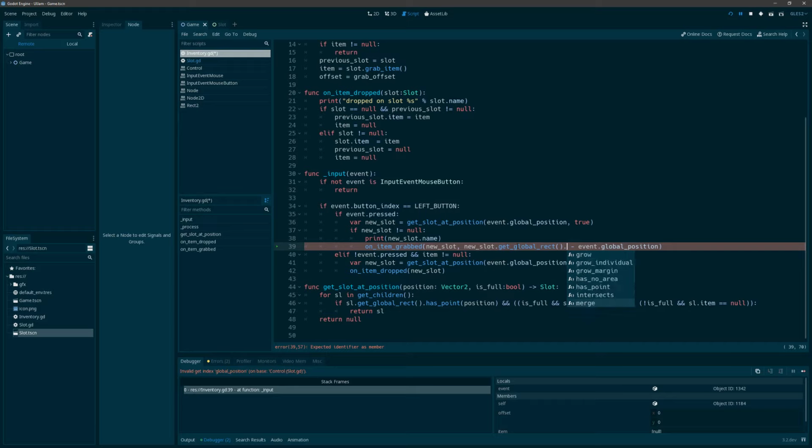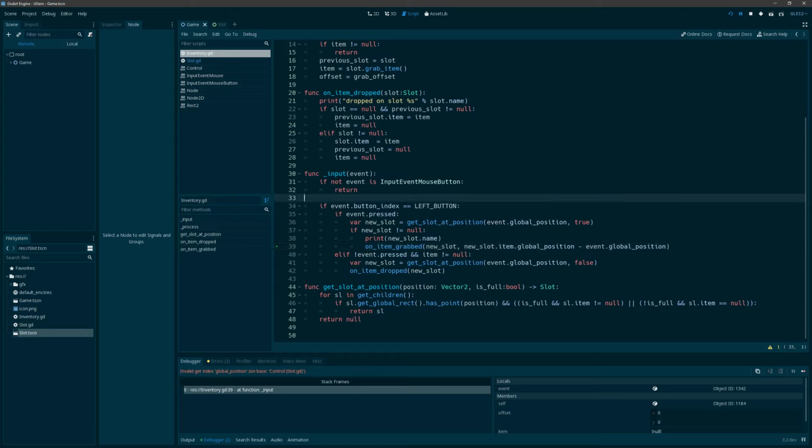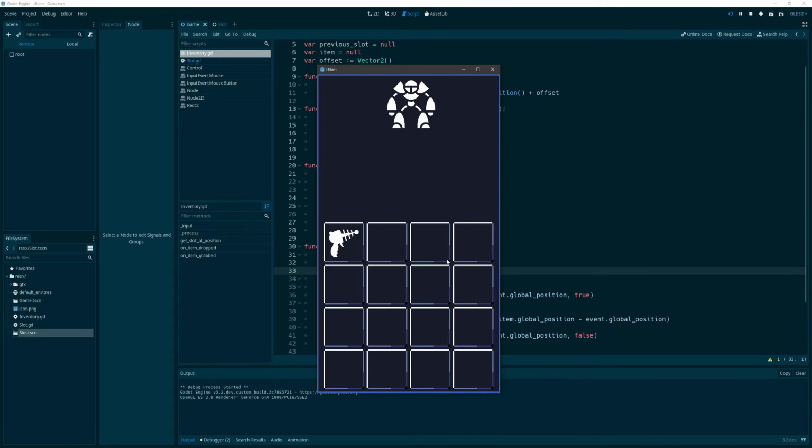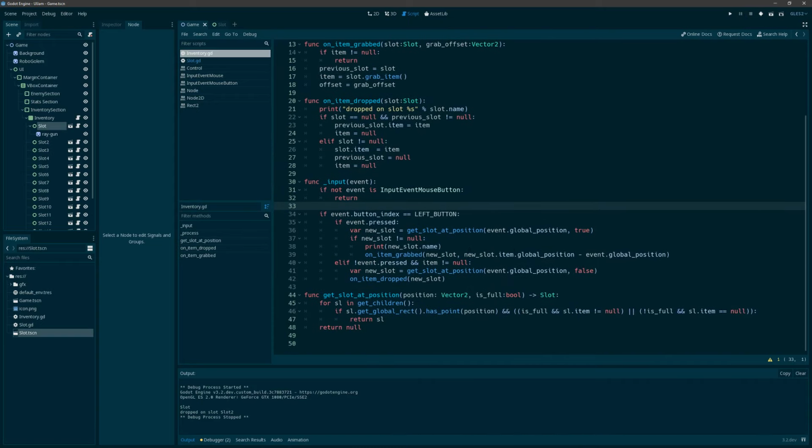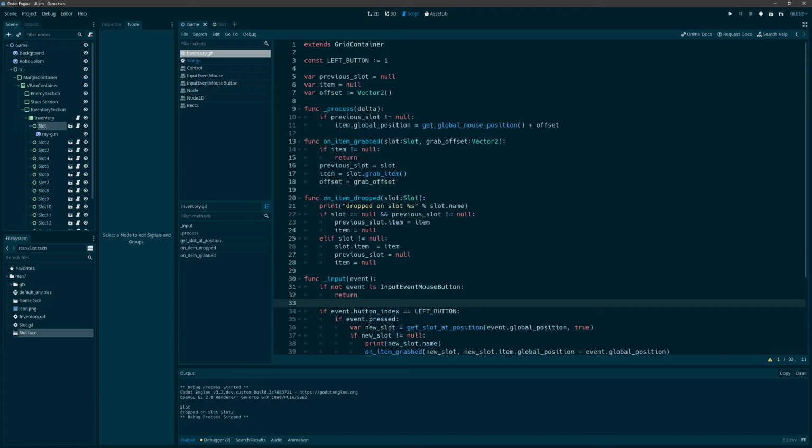That's not what I want. I want the position for that thing. So get global transform dot. No. Well then, okay. So let's just do it from the item. I mean, that still makes sense. Well, that kind of works. I mean, it put it back where it was supposed to, but the question is,